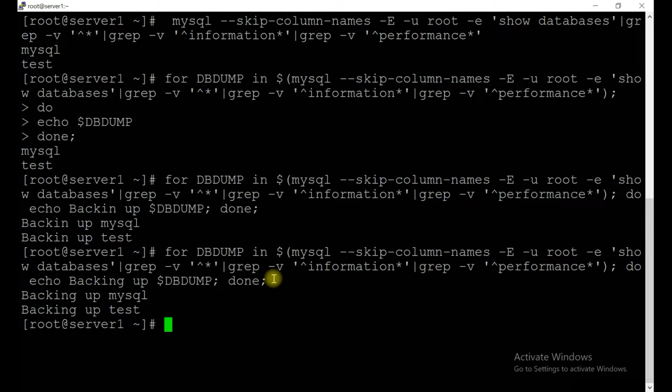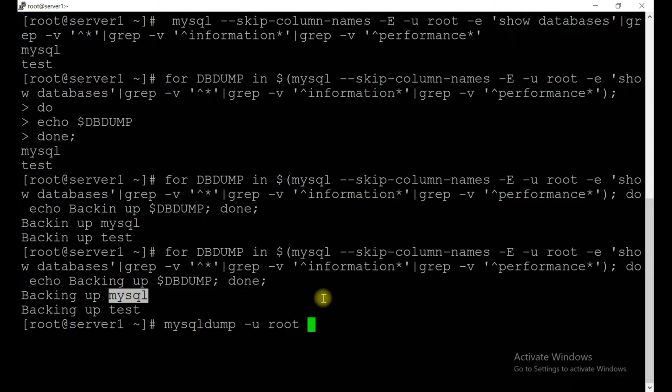Now we have one command called mysqldump, with -u root, to take a backup of our database.